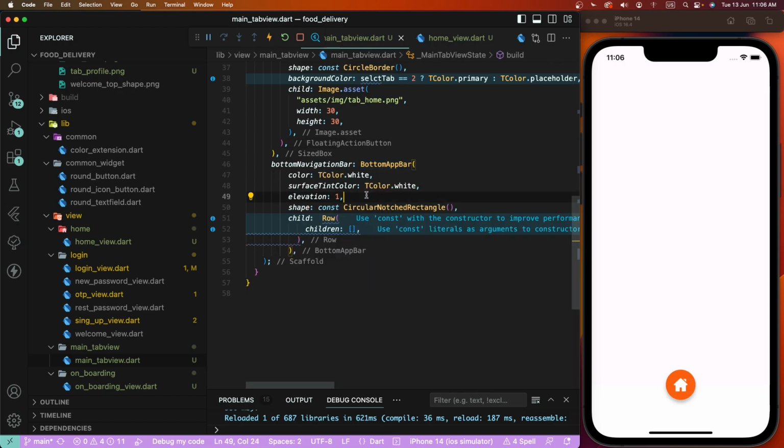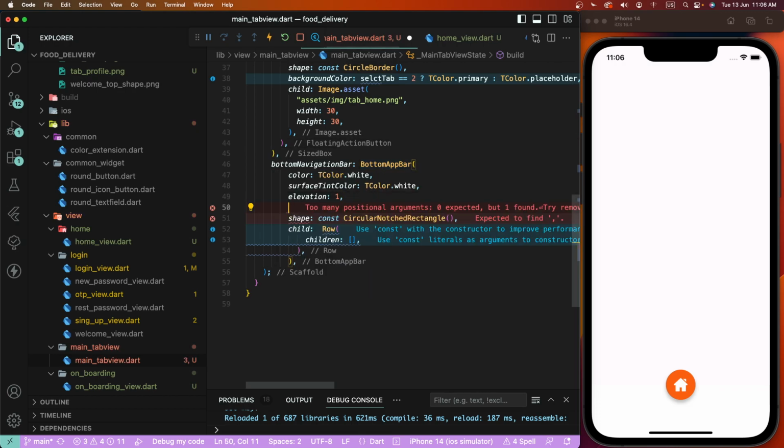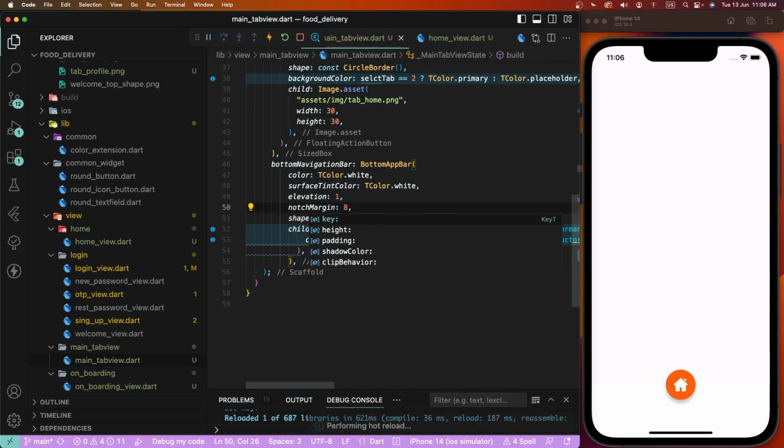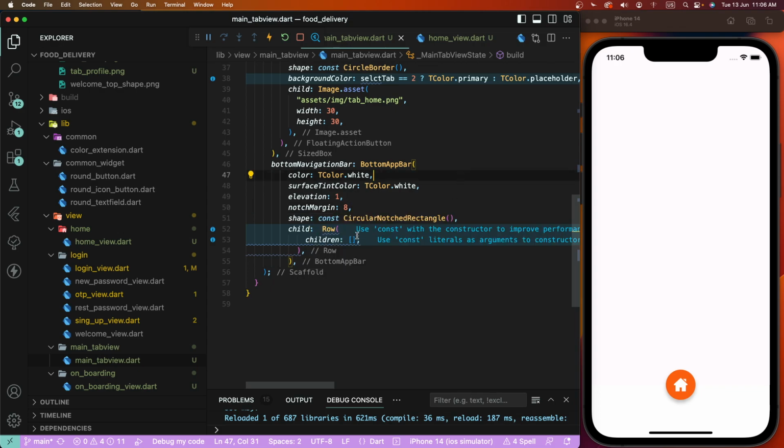And to set your notch margin, set as 8. Now need to create here